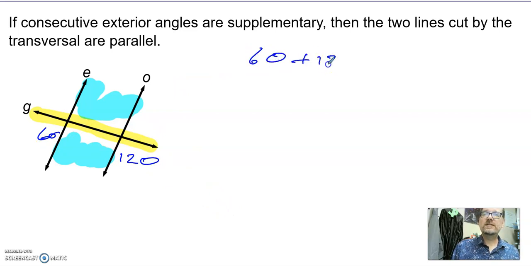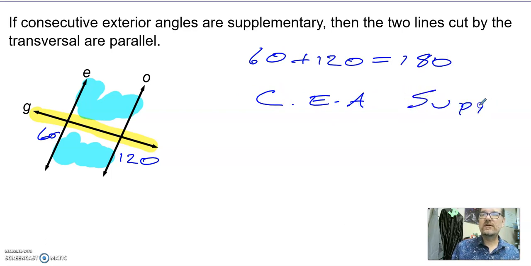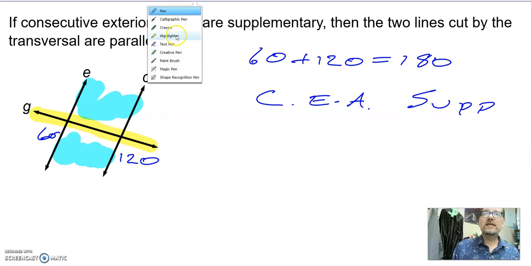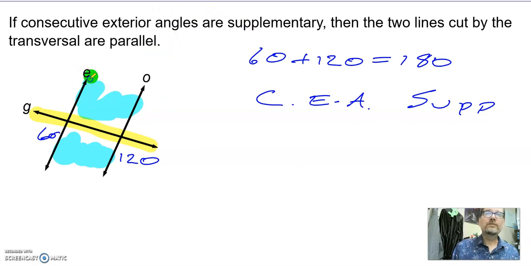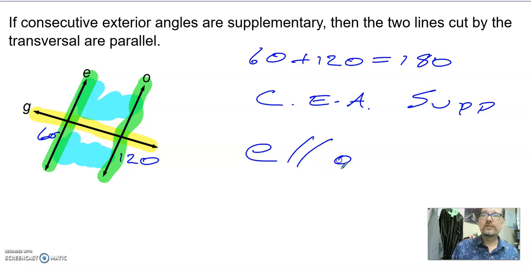So we can see 60 plus 120 equals 180. These are my consecutive exterior angles. They are supplementary. I know they are supplementary because they add up to 180, which tells me line E is parallel to the other line cut by the transversal, line O. Boom. And then our last one for tomorrow